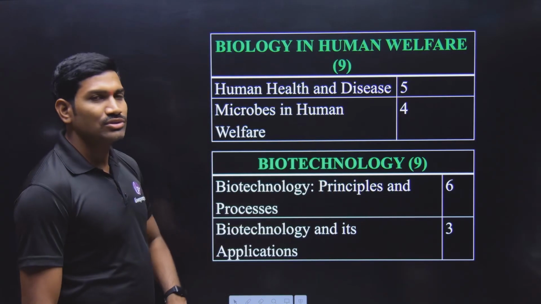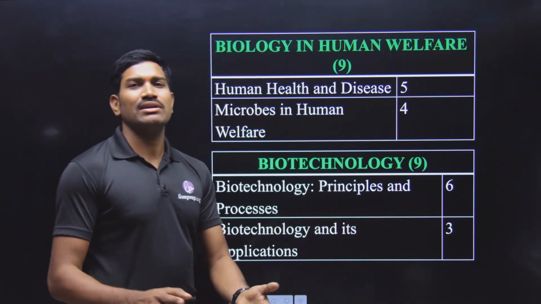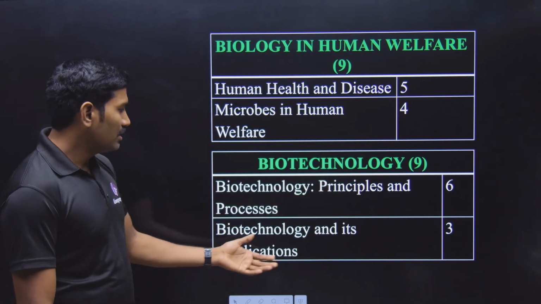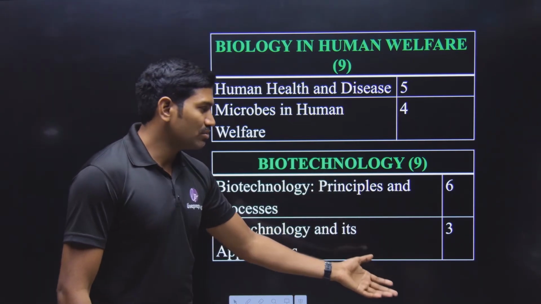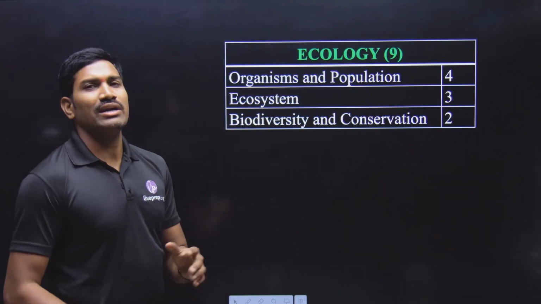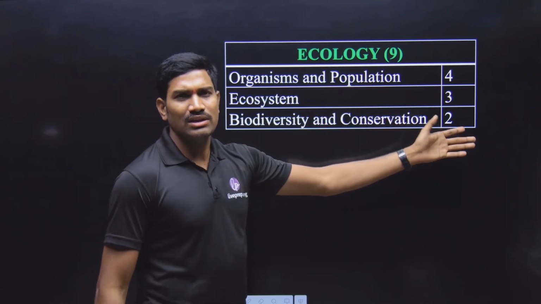So here total 9 questions, it is okay in the range only. So biotechnology principles and process, on an average some 5 questions are expected, but here they have asked 6 questions. Good. Biotechnology applications, 3 questions, that is also in the range only. So nice. Next one, with respect to ecology, on an average some 2 to 3 questions we are expecting. So in that range only they have given here.